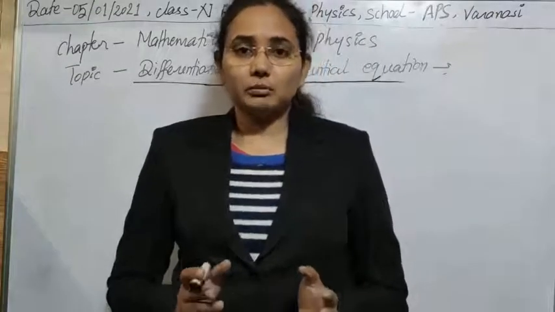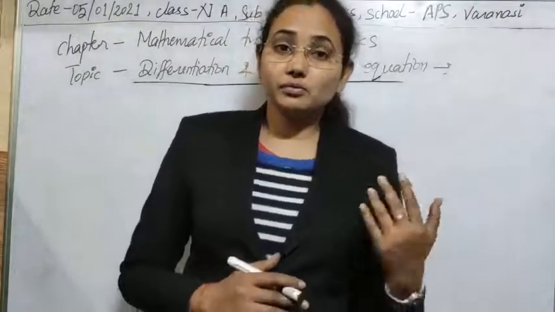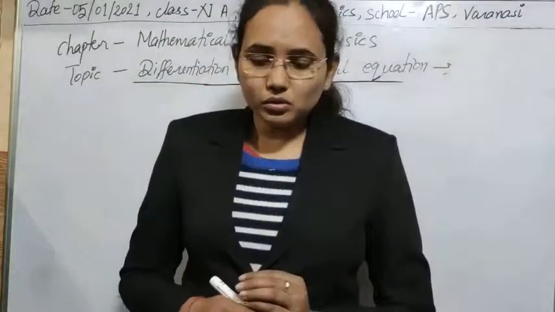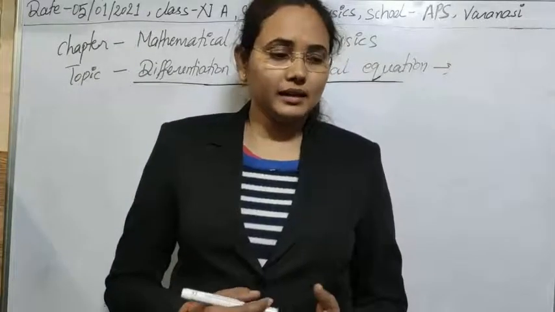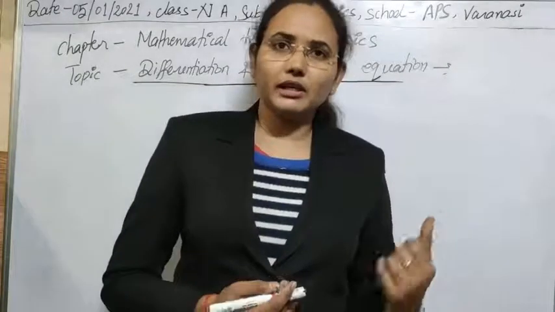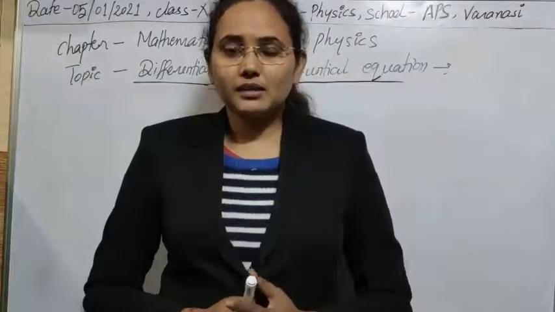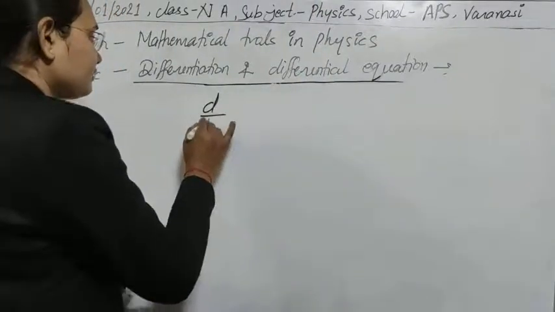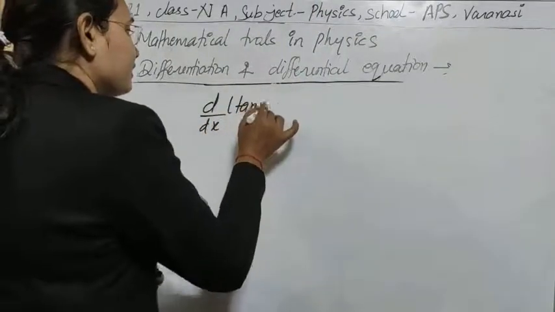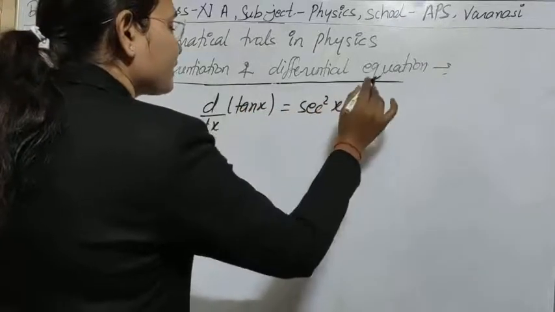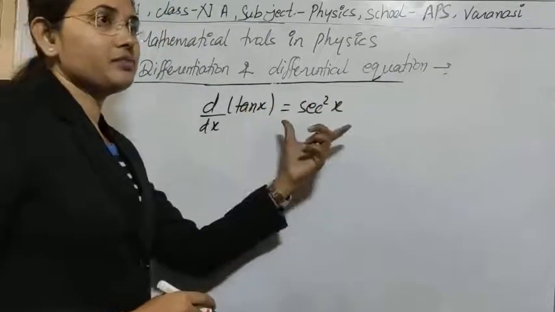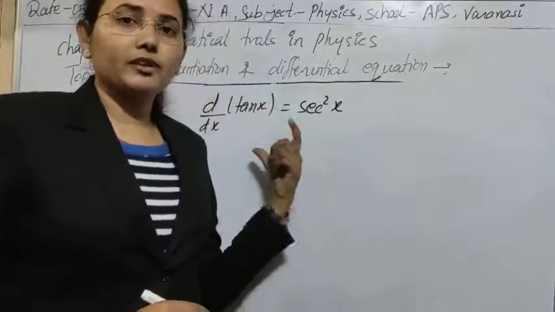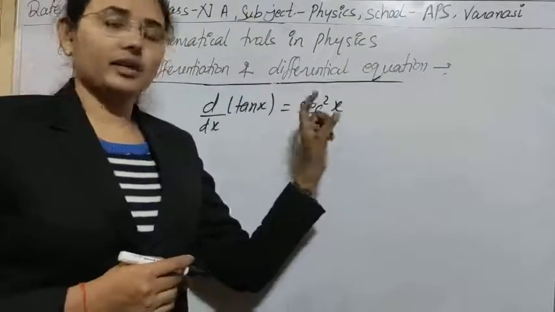So I think the mathematical tools that we use in physics for differentiation are now clear. Some trigonometrical functions are left, which we are not using yet, but I will tell you their differentiation. They are tan, cot, cosec and sec. Suppose we have tan x, then its differentiation is sec square x. If we have to differentiate tan 2x, use the same method that we adopted for the sine or cosine function. In that way you can understand it easily.